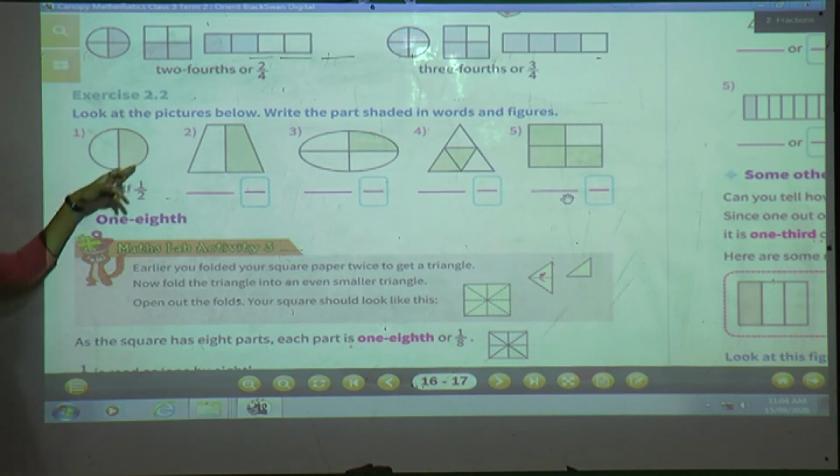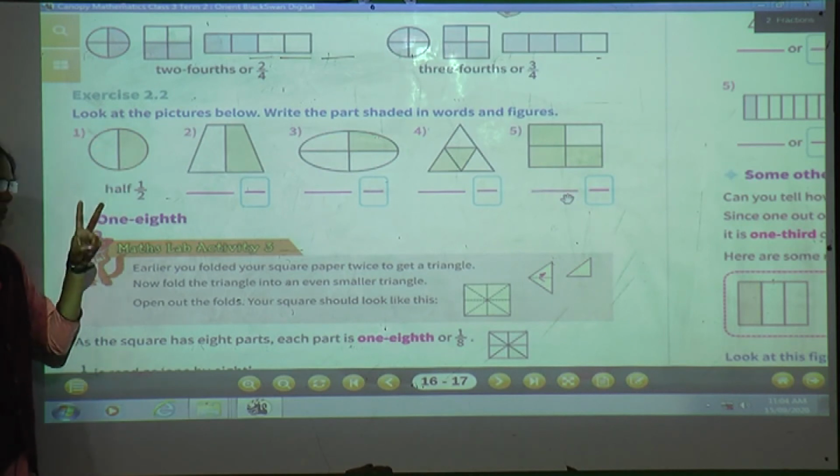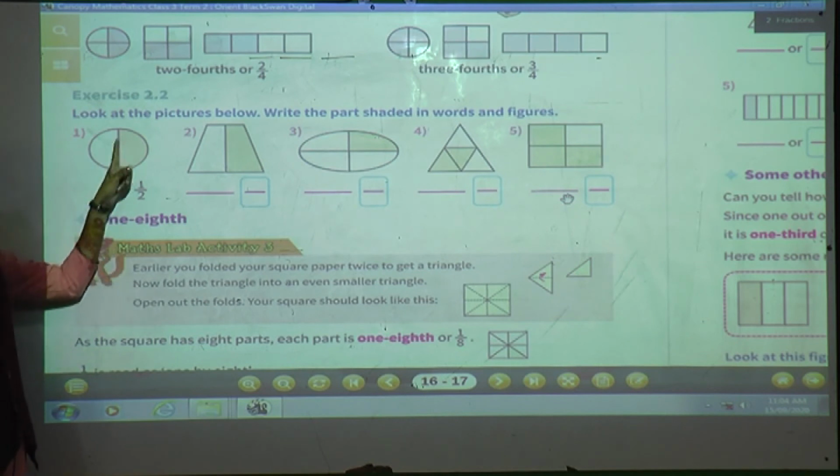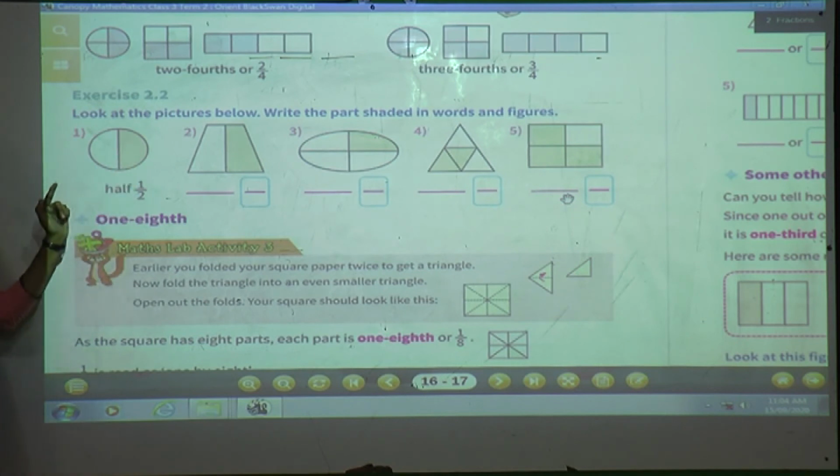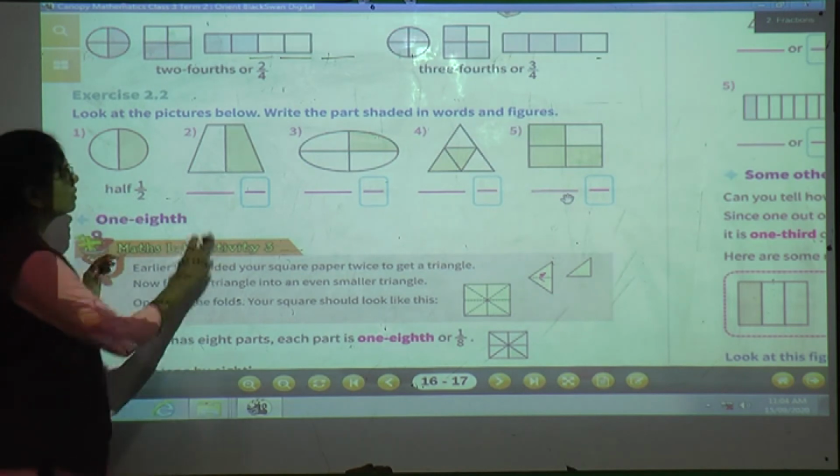Now here first example they have shown here. See here, this circle is divided into 2 equal parts, and out of that 2 equal parts, 1 is shaded. So what is the fraction here? 1/2, and in words how will you write? Half. Okay, 1/2 means half. Now see this